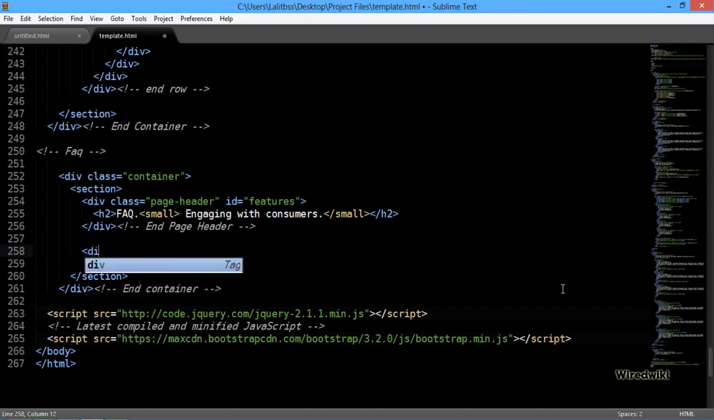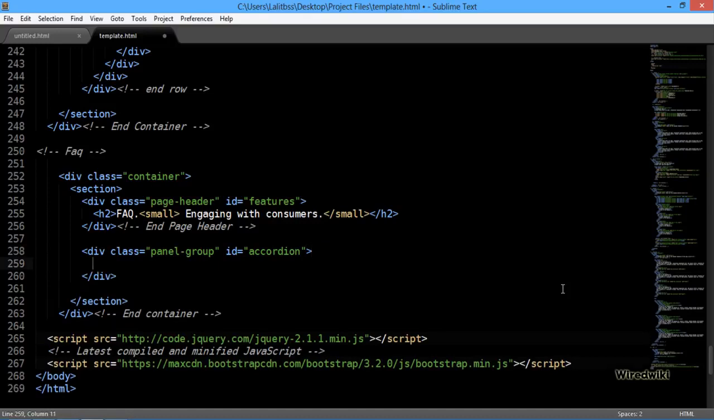I'm gonna create a div again with a class of panel-group, and I'm gonna give it an ID of accordion. If you have seen the previous video, an accordion is vertically stacked items that you can stretch or contract. That's accordion. I'm gonna place every panel inside this group. This is a group. I'm gonna close this div, and inside this I'm gonna create a div with a class